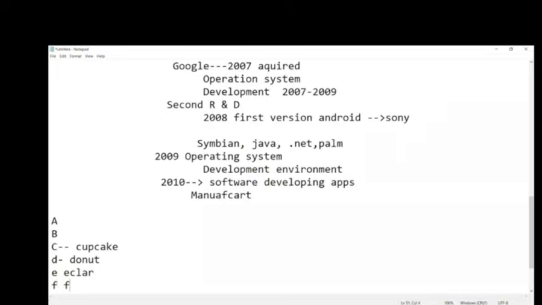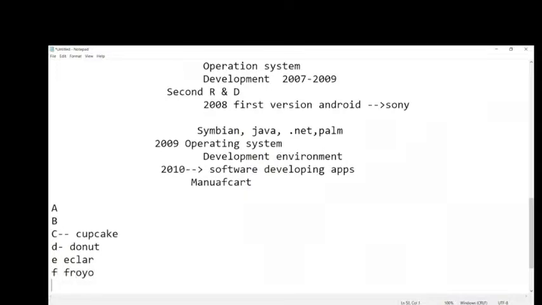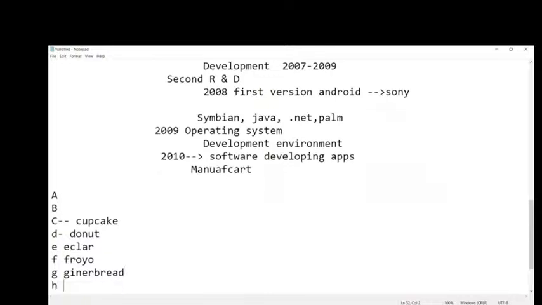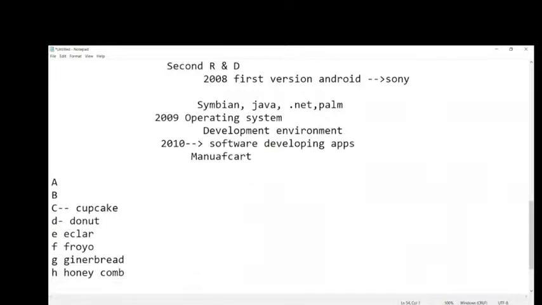Next, F is Froyo. G is Gingerbread. H, Honeycomb. I, Ice Cream Sandwich.